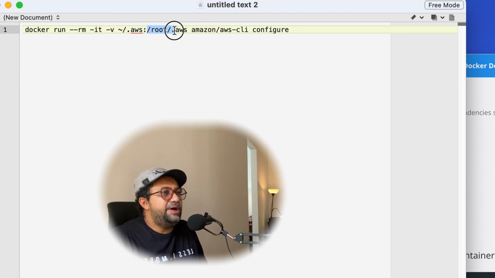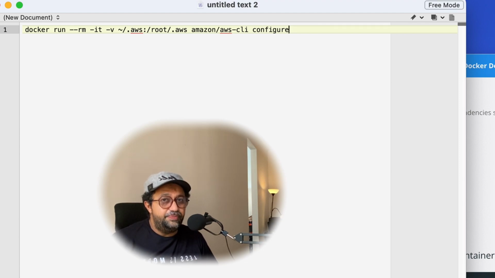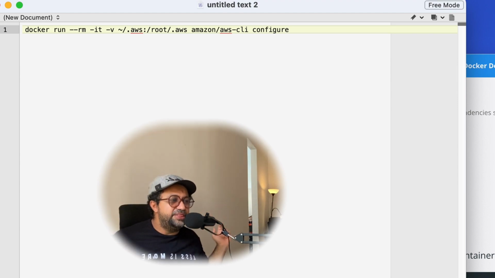Because somehow the AWS CLI command only looks inside its own container directory. If you want the command inside the container to read files inside our PC, you need to mount it, guys. So what happens is the directory that we mounted in our PC, the container is able to look at it, that one directory outside of the container in this case.